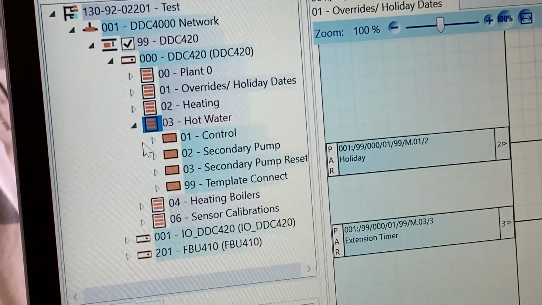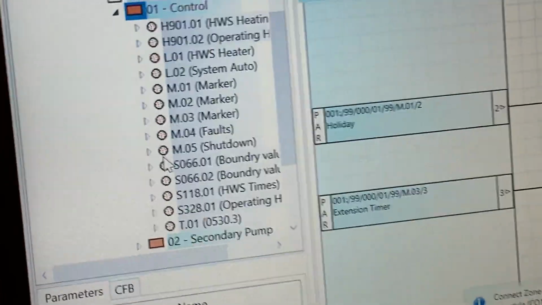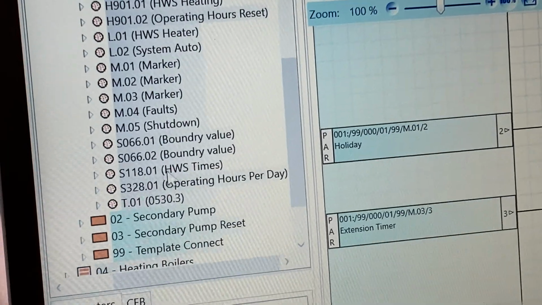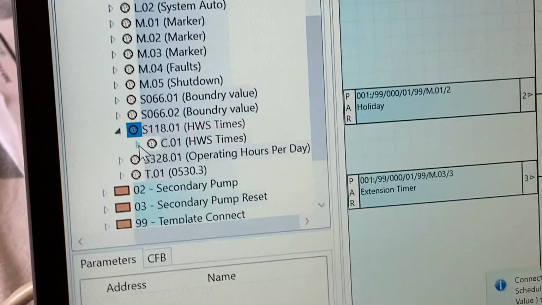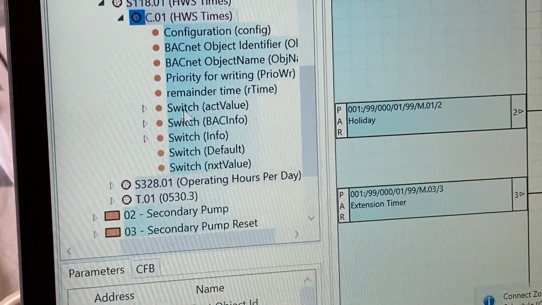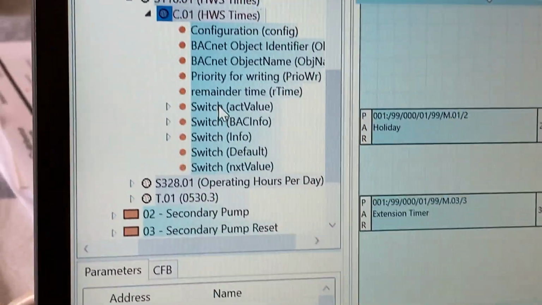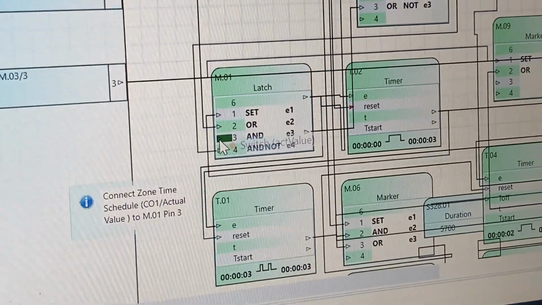Click on that, and it's under O1 control. Click on that, and then we go down till we find HWS times, hot water system times. Click on that, click on the times, and then if we go down and we find the switch actual value, because that's what it's asking us there, left click and hold it down, drag it to number 3. That's it. So then we go down further,